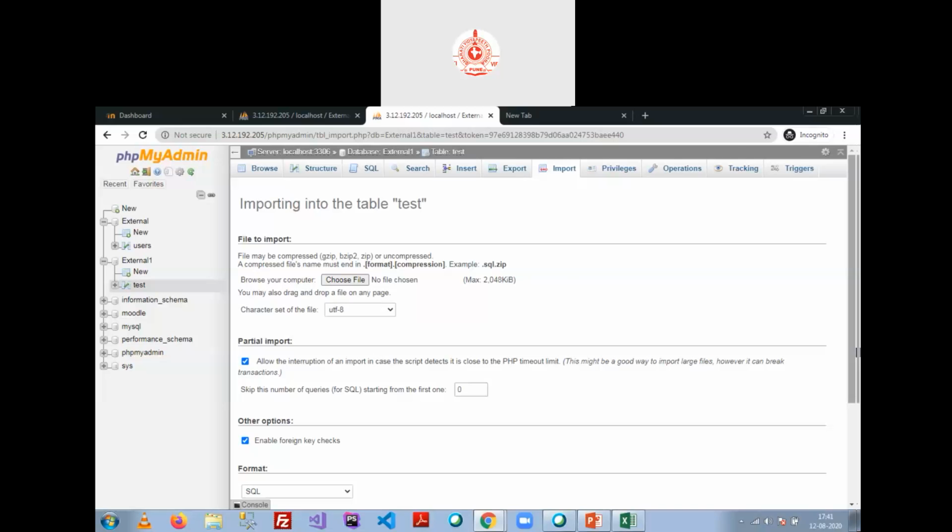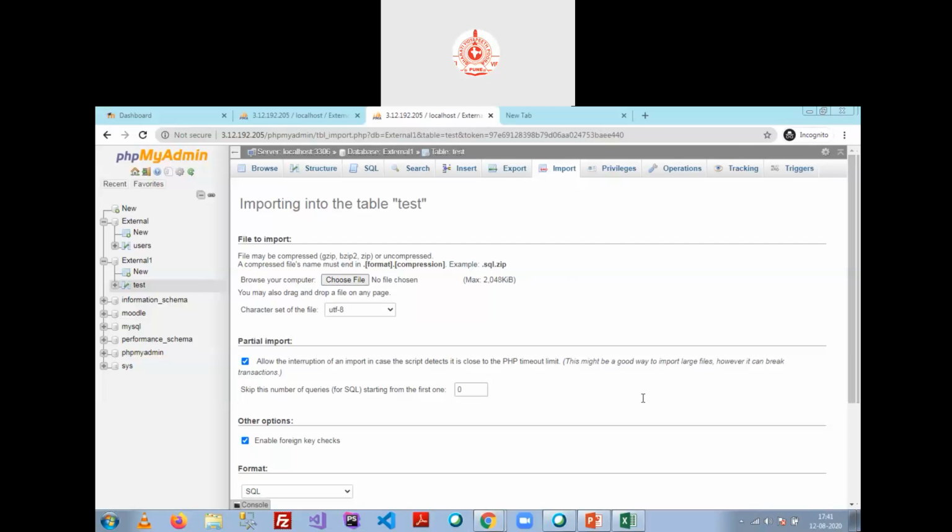Bharat sir has asked a question: test settings, what to check, sir? Sir, test setting basically checks whether everything is fine with our external database, or whether we need some permissions or additional conditions, so that Moodle is able to get the data from the external database. That is basically what it checks. If it turns red, it means there is some problem. If it appears green, that means everything is fine, and you can apply these settings to get the username from third-party databases.